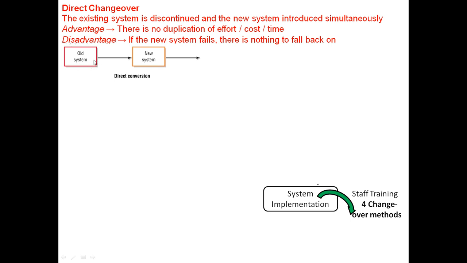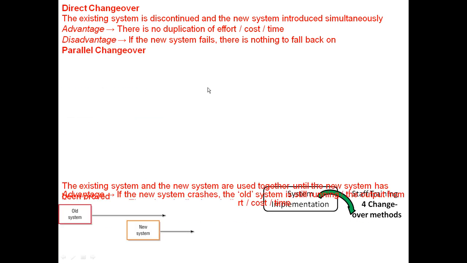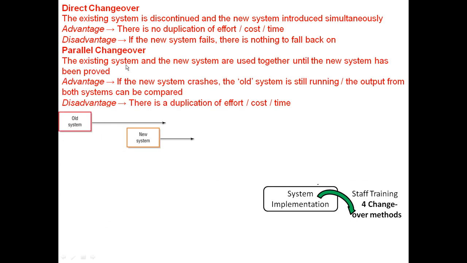So if you imagine you're using a paper-based system, you directly start using a computer-based system, but the computer-based system fails, you have nothing to go back on. Another way of overcoming this is parallel. Parallel is where the existing system and the new system work together until the new system has been proved. The advantage of this is, if the new system crashes, the old system is still running, so you have something to fall back on. Again, you can also check the output to compare them